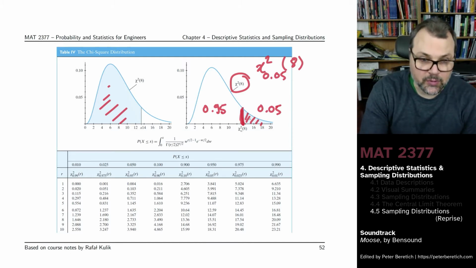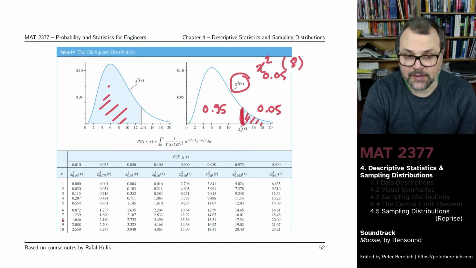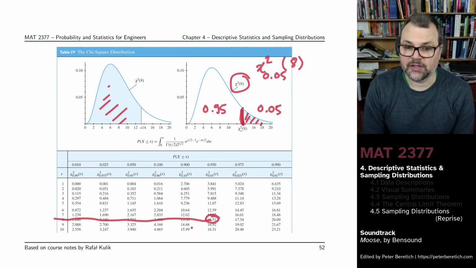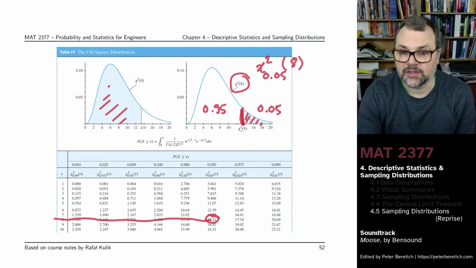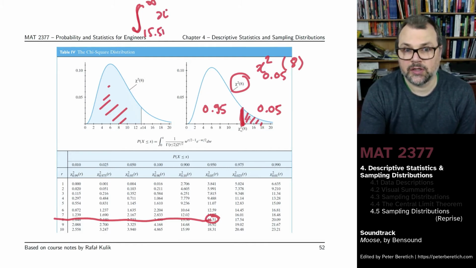And what that value would be, well, you look it up by the number of degrees of freedom, 8 in this case, and you're computing for alpha 0.05, this value here, about 15.51. What this is telling us is that the integral between 15.51 and infinity of the chi-squared distribution, 8 degrees of freedom, with respect to x,